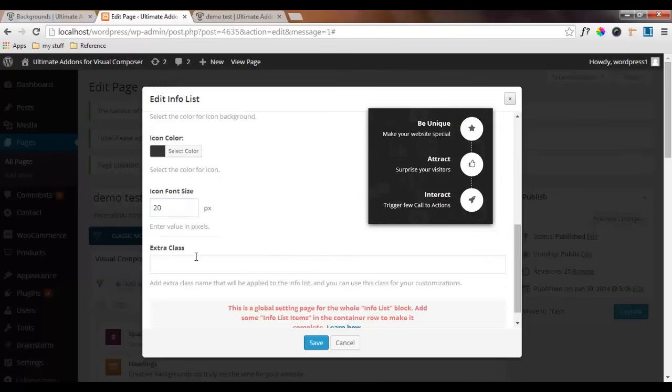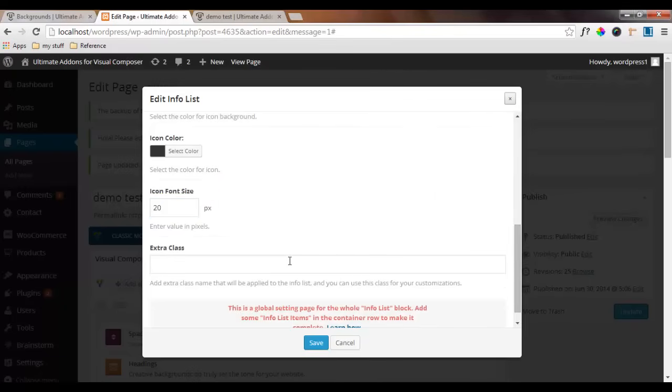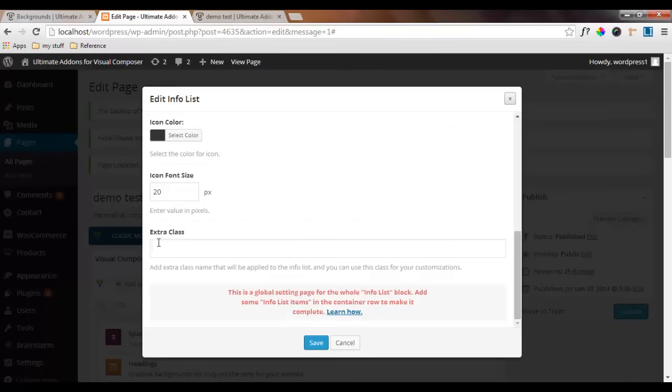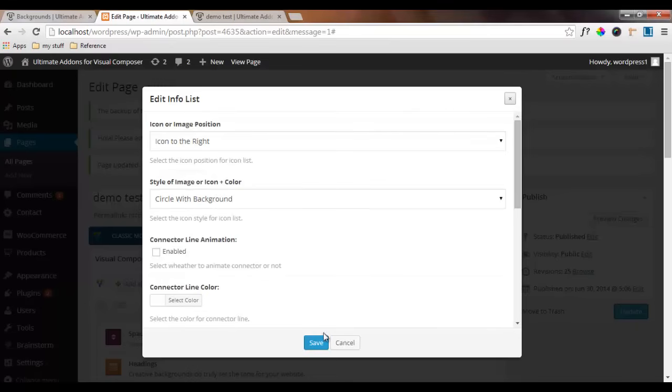It's okay. And I don't want to give any class to it, so I'll leave it. Basically it's a custom class. If you have any customization in your info list, then you can give it by giving some CSS class. So I'm done with this, so I'll just save it,